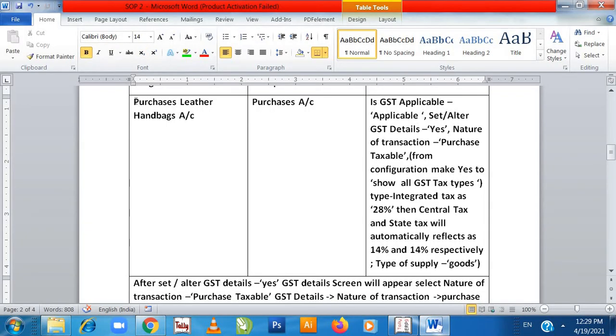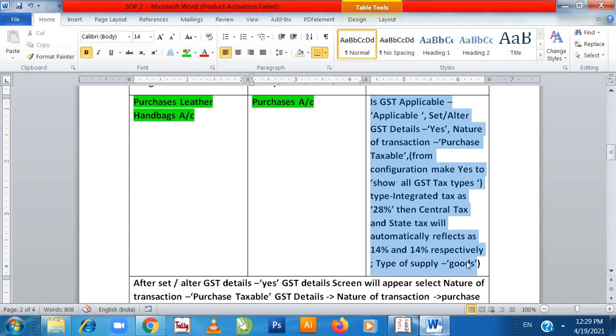Now first we will finish this part. We had created the purchase ledger account and put it under purchase account. Then we went into is GST applicable, set alter details yes, nature of transaction purchase taxable. From configuration we made yes, and we made GST type integrated tax at 28%, so automatically central tax and state tax have come 14% and 14%, and type of supply goods.